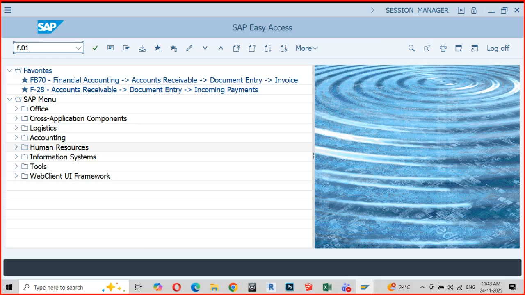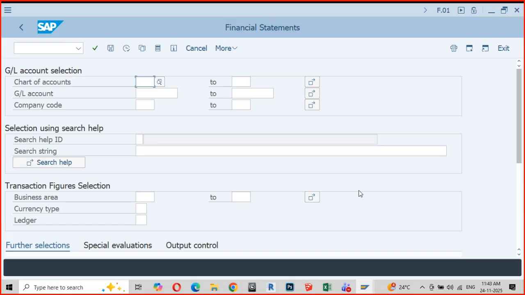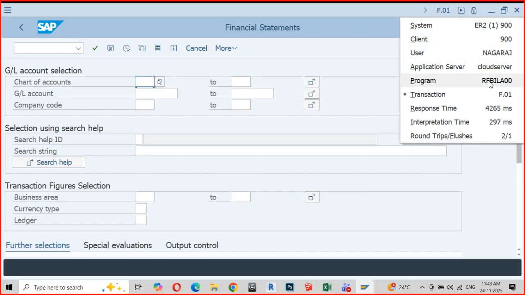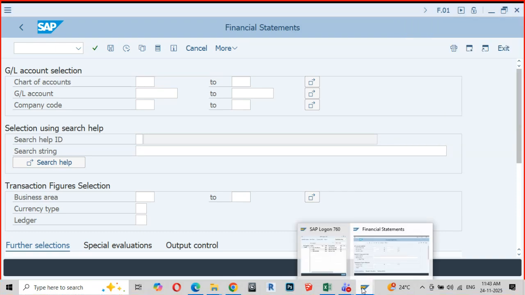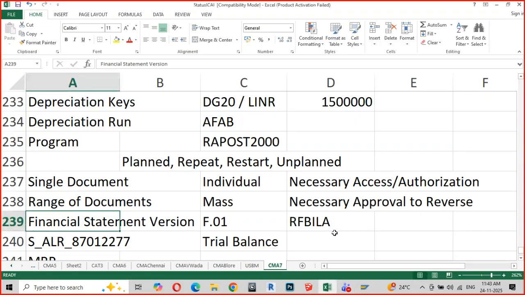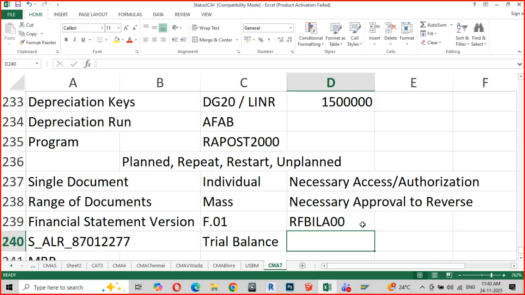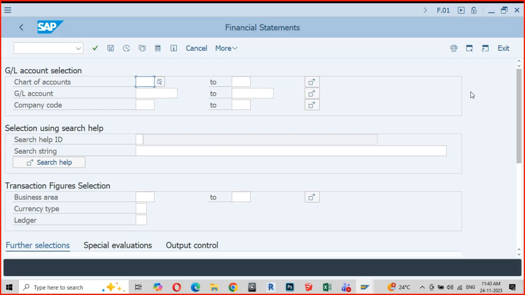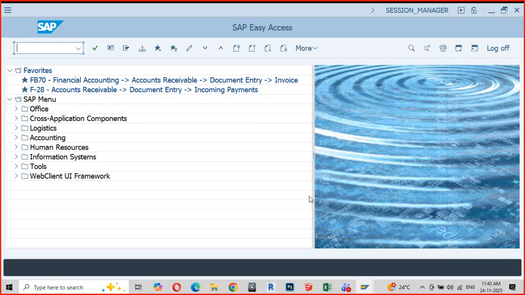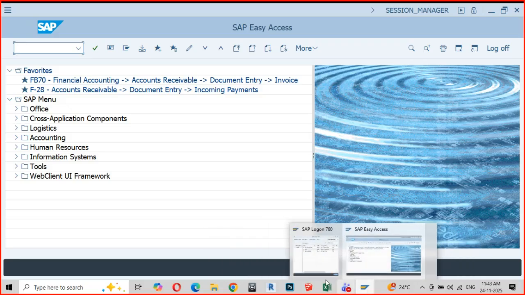This is your financial statement version transaction code F.01. I've used the same. Now, if you go and see this, can you see this RFB 00? Clear, students? This is going to be the program governing your financial statement version. Anything else which we discussed and